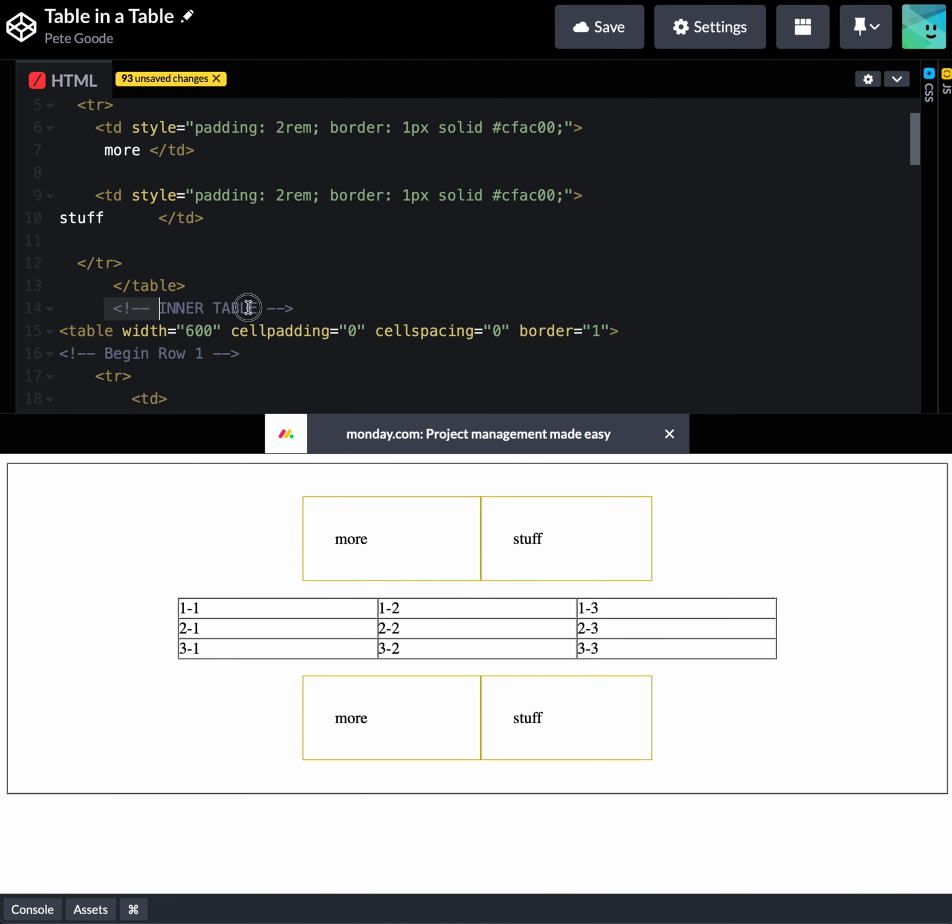A comment is this right here. It starts with your standard HTML open, that's the less than symbol, I believe. Then we've got the exclamation point, then two hyphens or minus signs. And then you can just put some text in here. It doesn't matter what it is, so long as you end it with two more hyphens and the greater than sign. So it's that standard HTML structure,